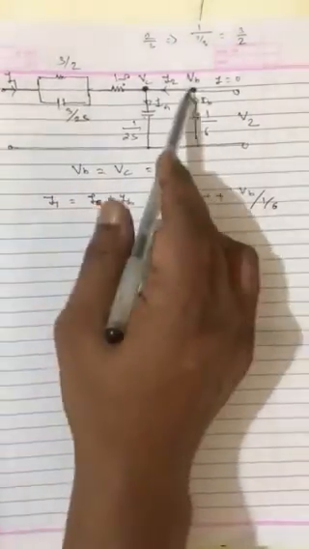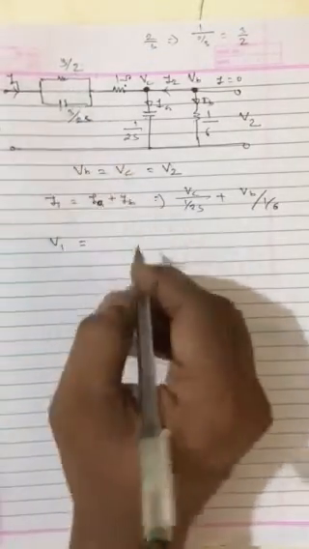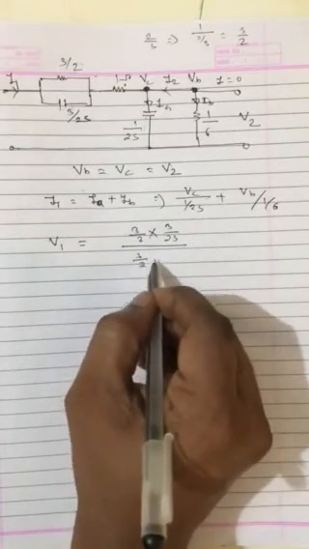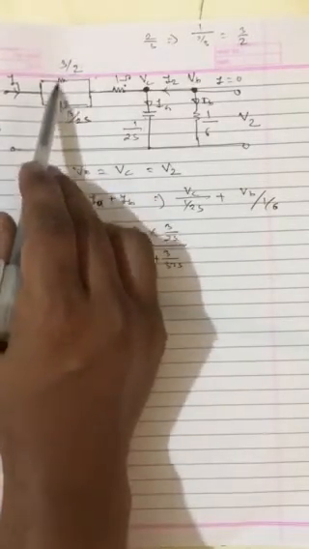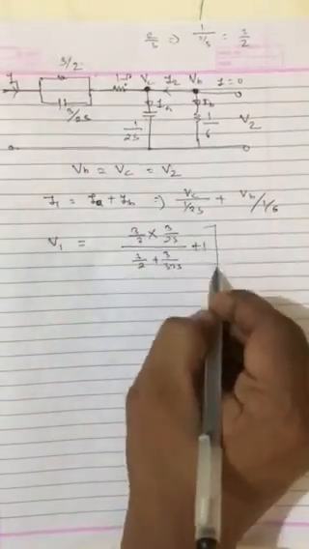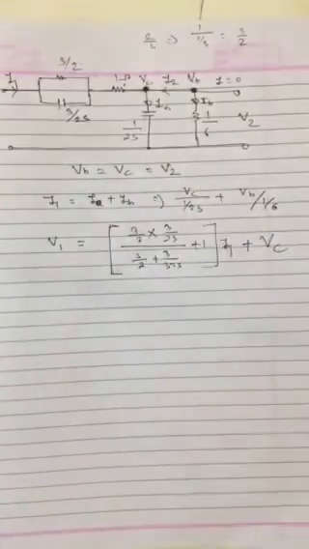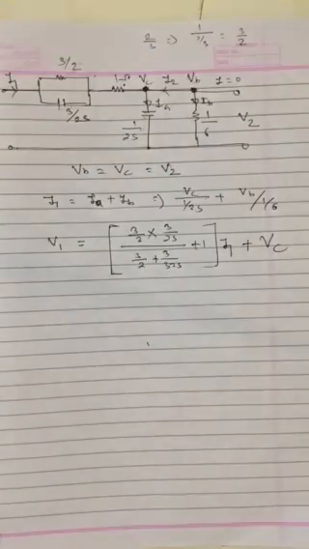I just want to give you the concept about this particular point and one more about this. So when you find out V1, it is nothing but the total impedance multiplied by I1 plus VC. So what is impedance there? These are 2 parallel branches, so you have to reduce them parallelly. 3 by 2 multiplied by 3 by 2s upon 3 by 2 plus 3 by 2s. This is the complete impedance plus this 1 ohm. Now this is the whole impedance multiplied by I1 plus voltage at this point VC, which is nothing but V2. This is the main concept. Now you can solve it very easily and you can give the answer.